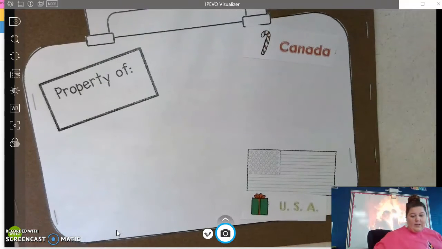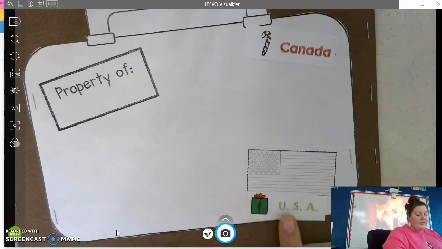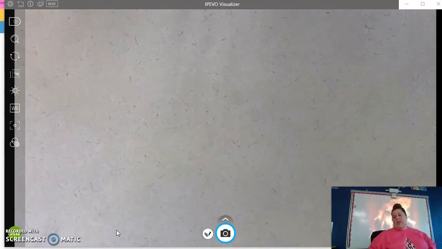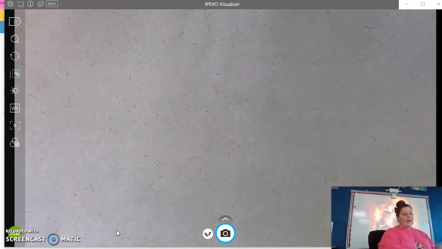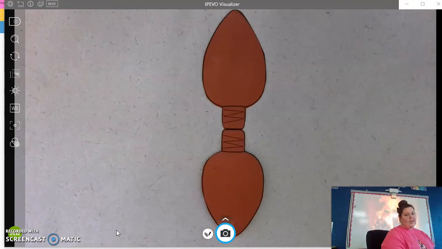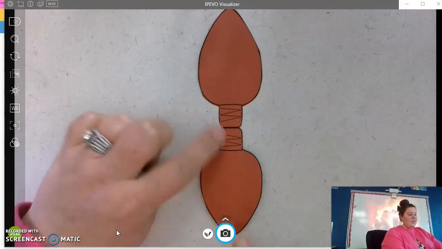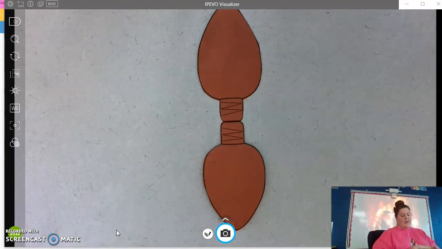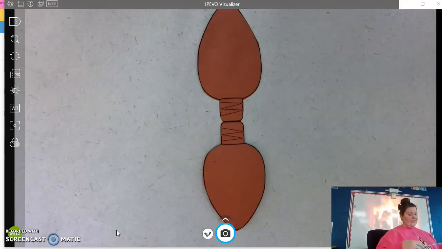So job number 1, fill out your scrapbook page. Pause the video to do that. Number 2 is to glue your sticker. Number 3 is to use your light bulb. Remember, you might have had help cutting it out, and that's okay. Make sure they're connected, okay? That's going to be important. I'm running out of time, so I'm going to go a little quick, okay?